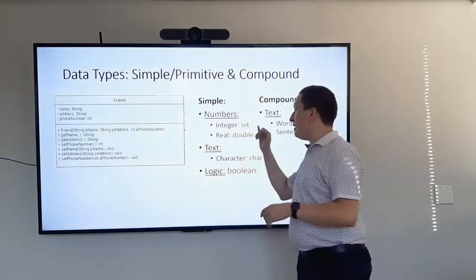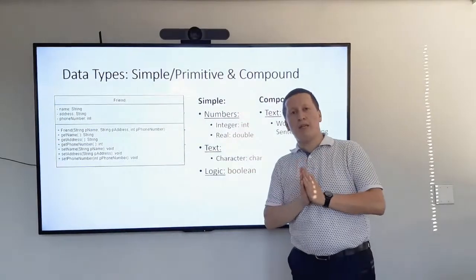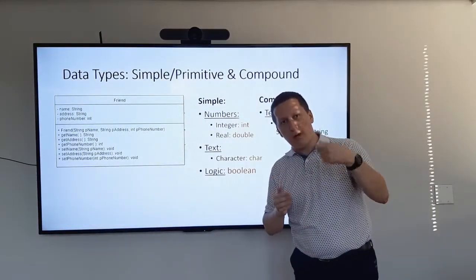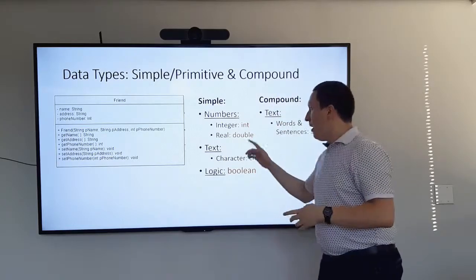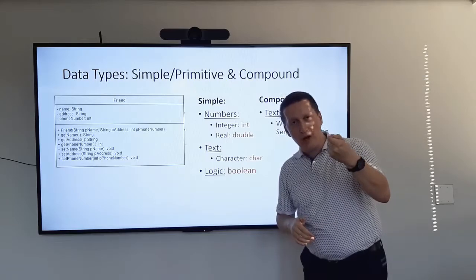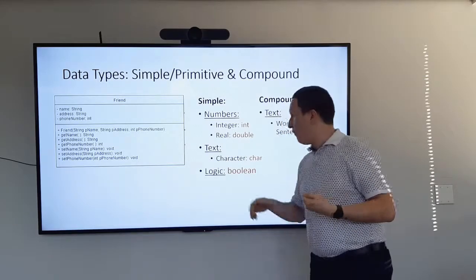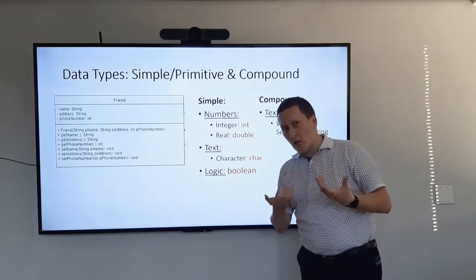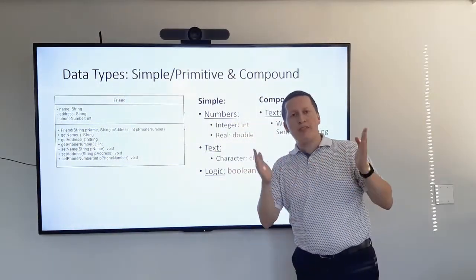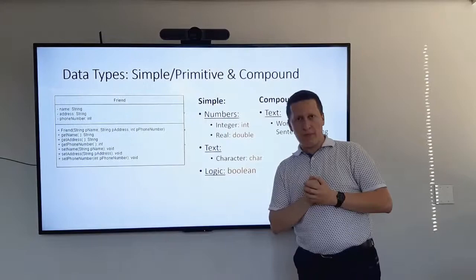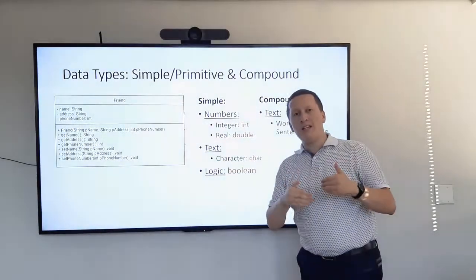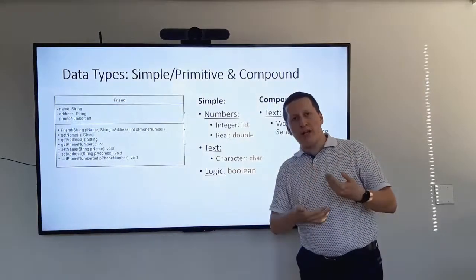And the difference between short and long is actually how much size we are giving in memory for that data value. When it comes to real, you're also going to find the float data type. Float and double are generally the ones that we use, and the difference is also the same: how we represent the data value in memory. These two that I'm proposing here are the initial ones that we're going to be working with